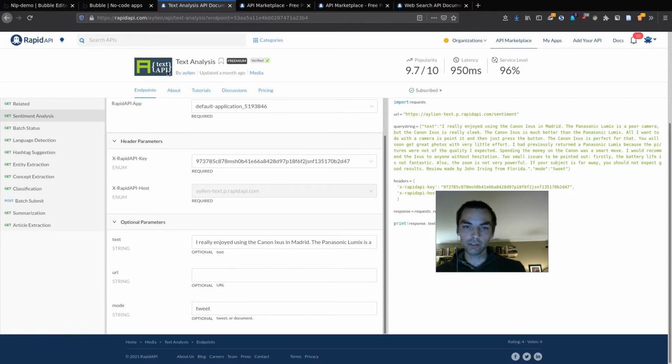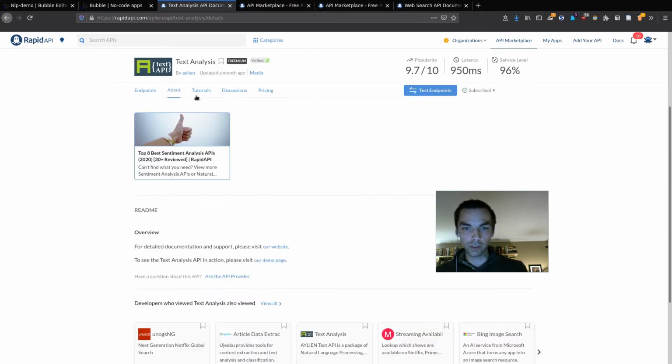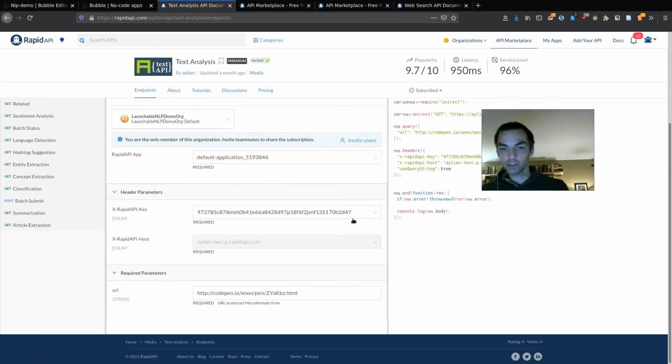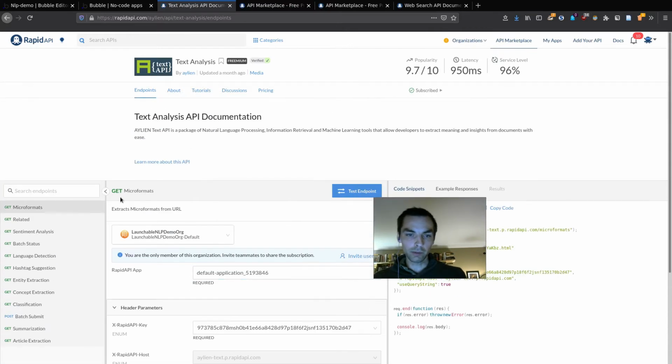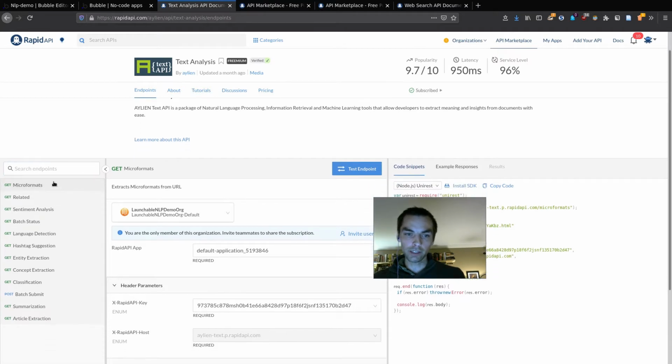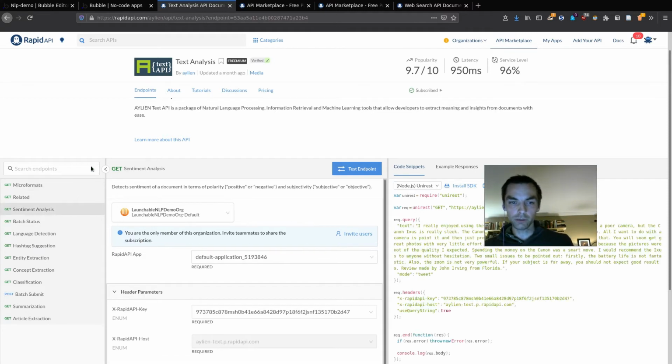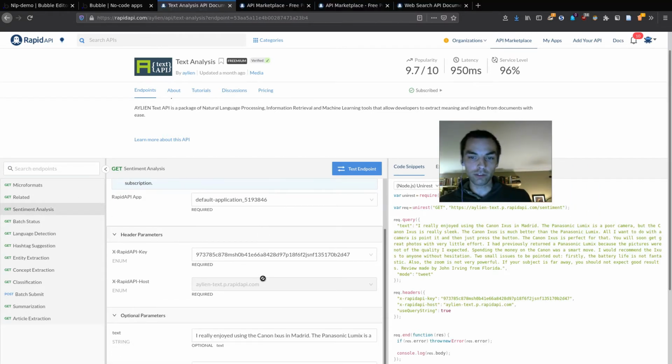You can check out the AYLIEN API documentation for more details, which you can usually find if you go to About. Sometimes they have tutorials attached to their API pages, which can be helpful. But here you can see for detailed documentation and support, visit this. But for our purposes, we're just going to set it to document. A lot of the parameters are self-explanatory, and so you often don't have to worry about it. One thing to note about RapidAPI is when you click on one of these tabs and then come back to your endpoints, it selects the top endpoint. So if we had selected sentiment analysis, for example, it might confuse you. It's confused me several times. So anyway,